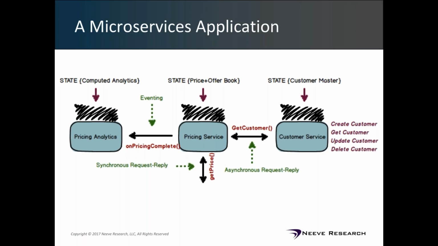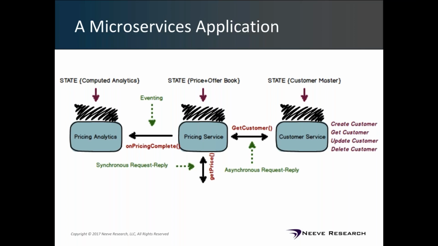So a pricing request comes in, you need to look at a particular customer, see some attributes of that customer, and make a decision of what price to serve based on those attributes. This obviously has to be done in the context of reference information such as price books, offer books, and catalogs. In the microservices world, this gets decomposed into effectively three services, three functions. One is the pricing function, one is the customer management function, and one is the analytical function.